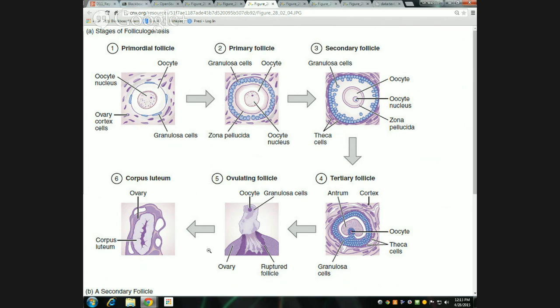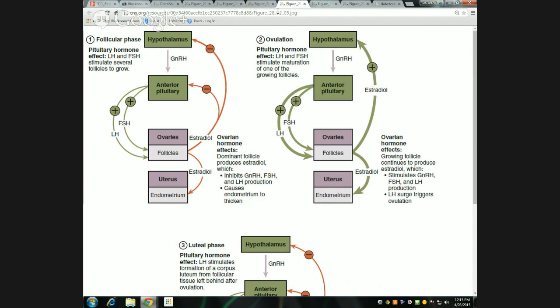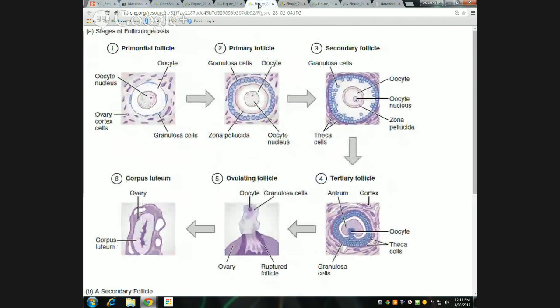What we're going to do from here is talk about how the hormones in the system relate to what's going on, regulate it, and what hormones come out of this, which is represented in the book with this picture here, which is rather complex. And I'm not going to try to get into that now. So we'll pick up with that next time, and we'll finish talking about the ovarian cycle, and then we'll finish the female reproductive system, concentrating on the uterus and the uterine cycle, and then tying it all together with the overall thing. So we'll do that on Thursday. Like I said, I'm pretty sure we'll finish up